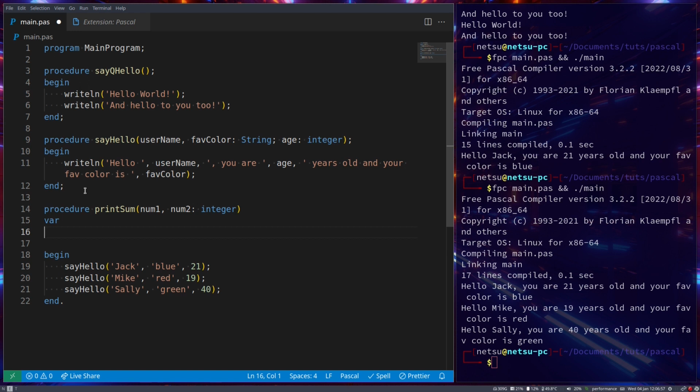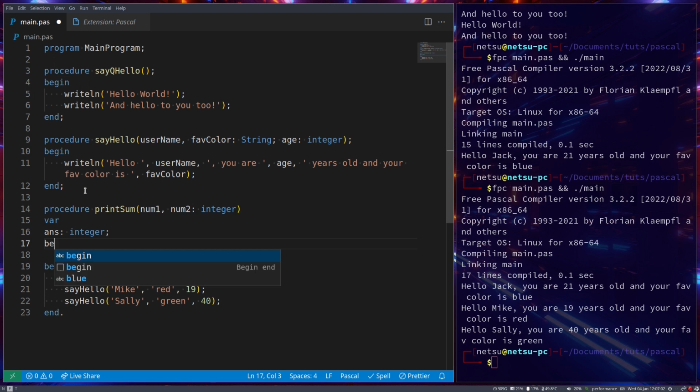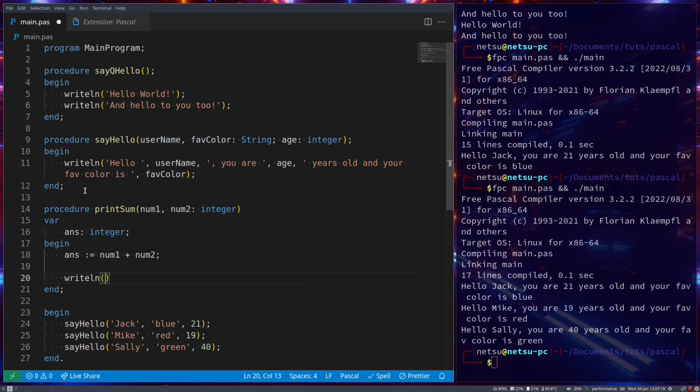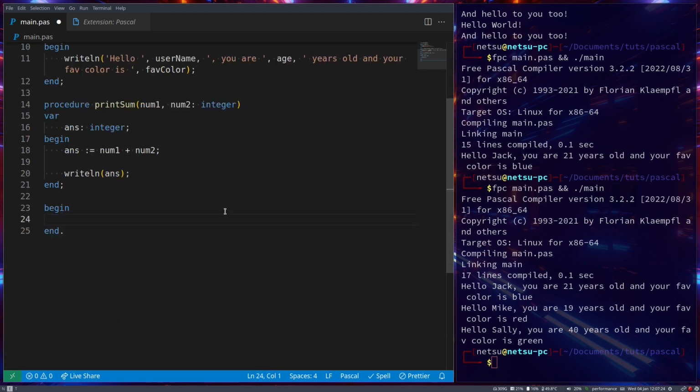Take note of that. Then we have ons, which is of type integer, and we have our begin and end. Then ons becomes num1 plus num2, and we writeLine ons. Now we can say print sum of 10 and 20, and let's also bring a variable in here, my num, which is of type integer. We can also go print sum my num, and 5,